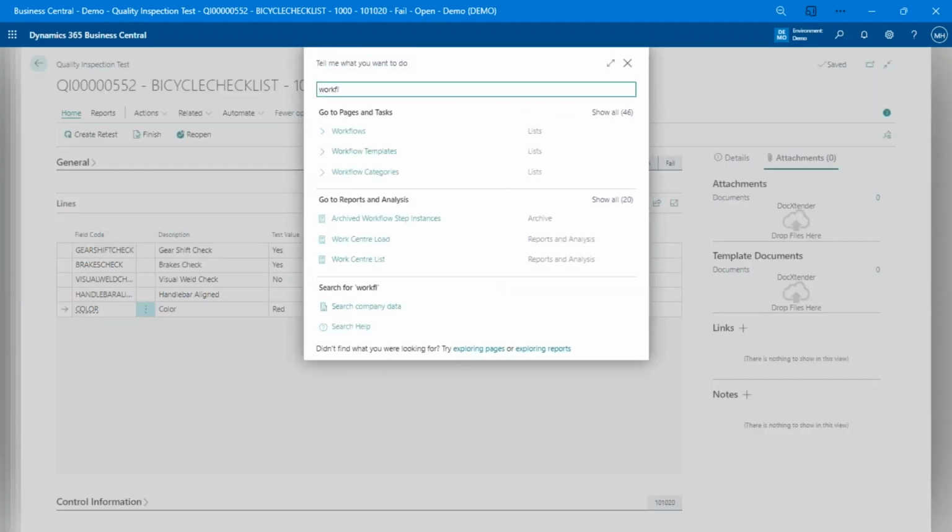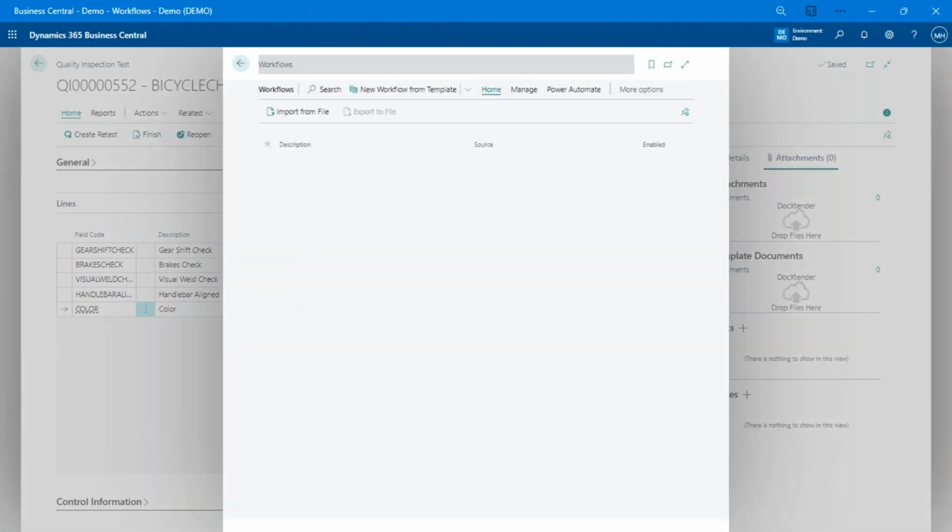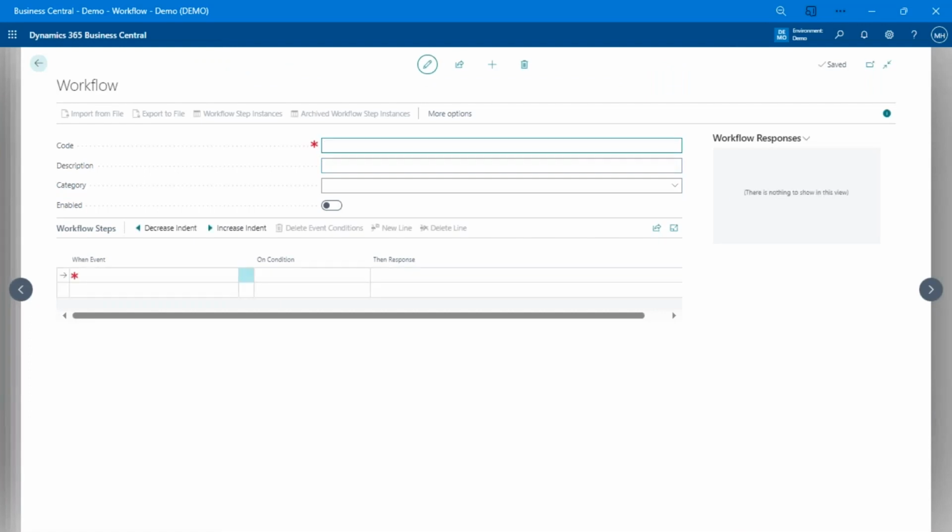So I'm going to go into the workflows within Business Central, and I don't have a workflow defined, so I'm just going to create a new workflow from scratch. What we're going to do is say, hey, if I'm receiving something and it fails, what can I do about that, or what do I want to automate around that? So I'm going to call this Receiving Fail.